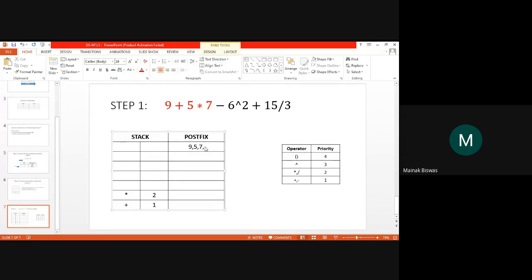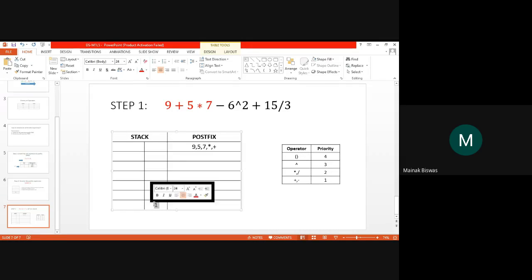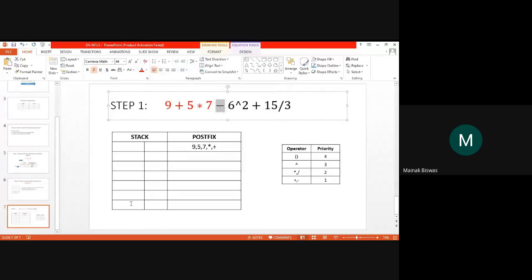So first we pop. So this expression is removed. Now again, this subtraction operation is compared with this expression. Subtraction is 1, so it's the same priority. So again, this expression is also popped and added to the postfix expression. Now this subtraction operation is added to the stack.